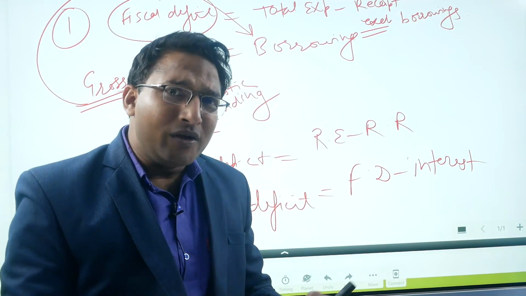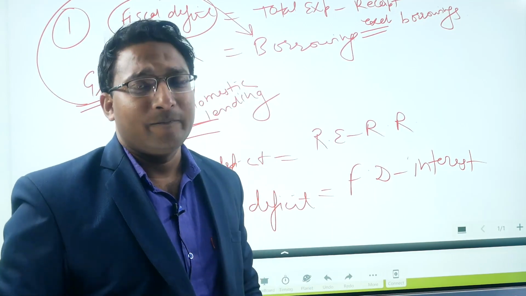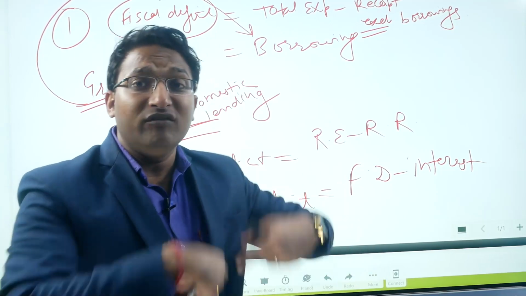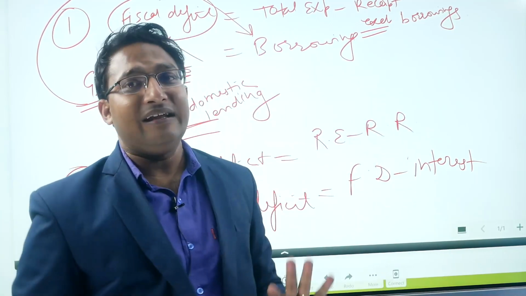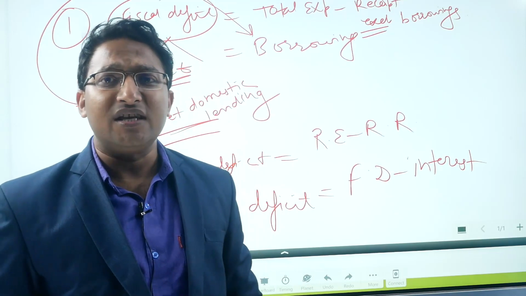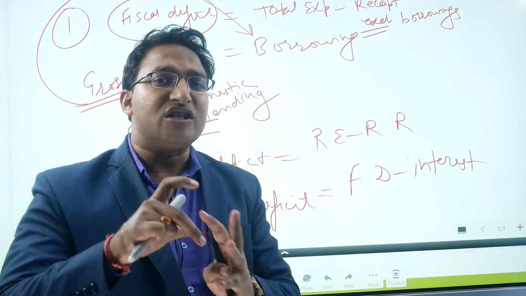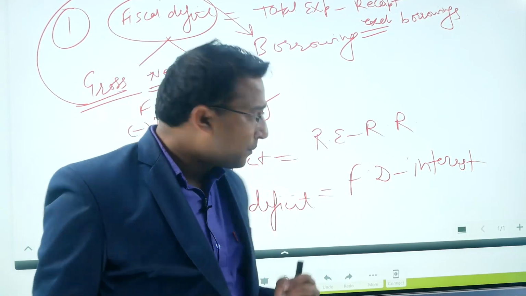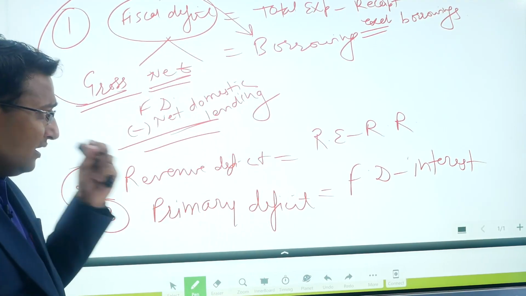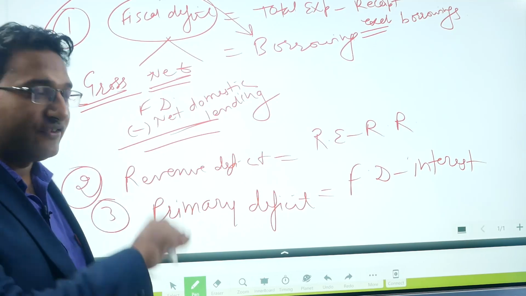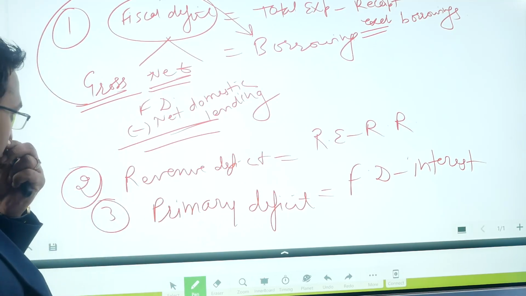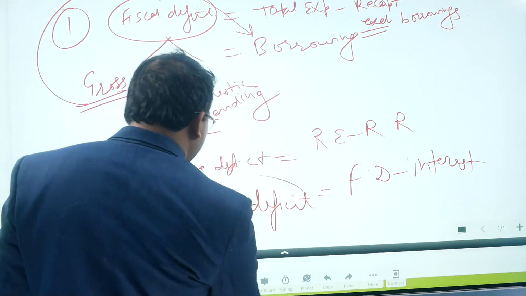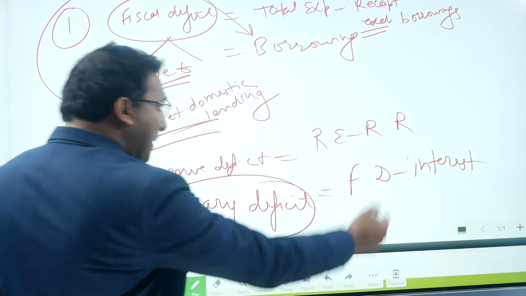So how much borrowing the government has to take for meeting the expenditure of the current year, not of the previous year. This interest indicates the expenditure of the previous year. So to calculate this specific amount of the current year, this interest is reduced. So primary deficit indicates the current year's deficit, right? Current year's deficit. Again, out of this primary deficit, this is the gross primary deficit.